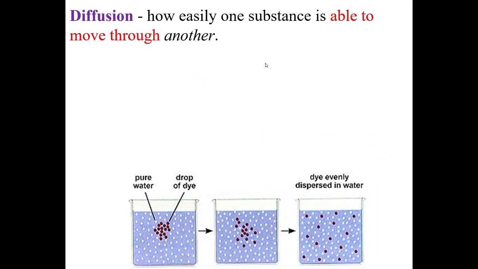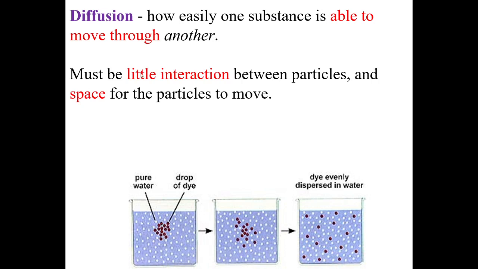All right, nearing the end here. Diffusion, so how easily one substance is able to move through another. So there must be little interaction between the particles and space for the particles to move. In your notes, so before